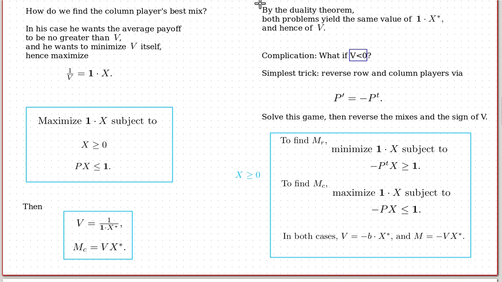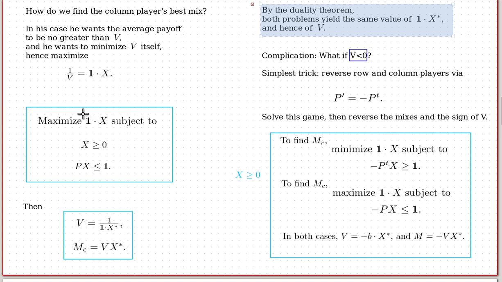Now, interesting point here. This linear programming problem to find the column player's best mix is exactly the dual to the problem for finding the row player's best mix. Right? They're exactly dual problems that have exactly the same relationship that the dual linear programming problems have. And therefore, we can apply the duality theorem from linear programming. We can say that, therefore, both